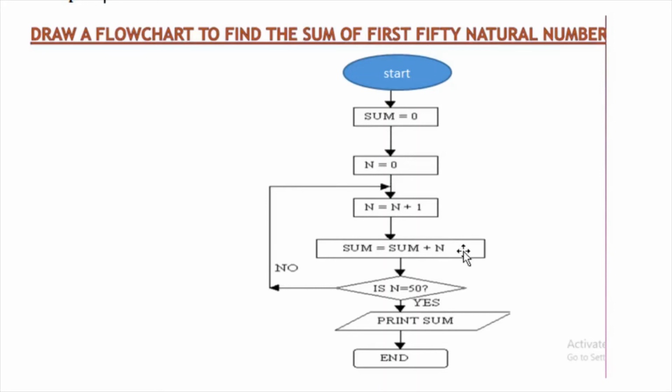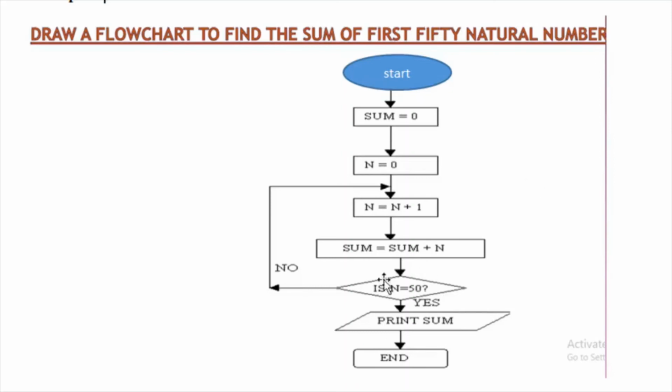For example, if you want to add 5 numbers, you will add 1 plus 2. After that, 1 plus 2 is equal to 3. You will add 3 plus 3, the next number. 3 plus 3 is 6. Then you will add 6 plus 4. That is, you will add the sum of the previous numbers with the next number. That's how you will get the sum, right? So that's how you are going to do it, and it's really a simple procedure.